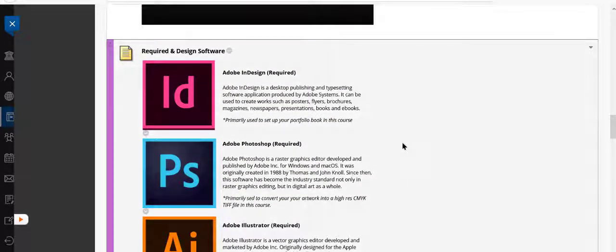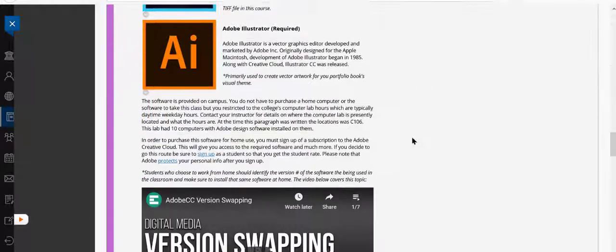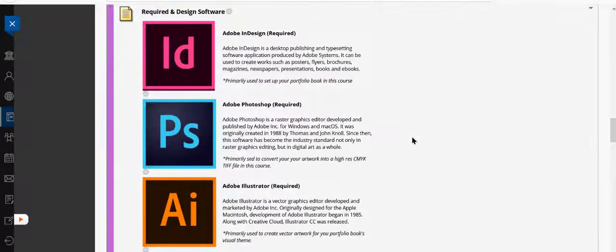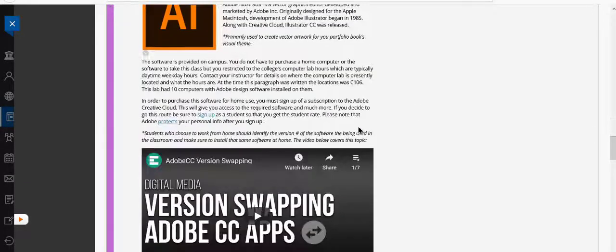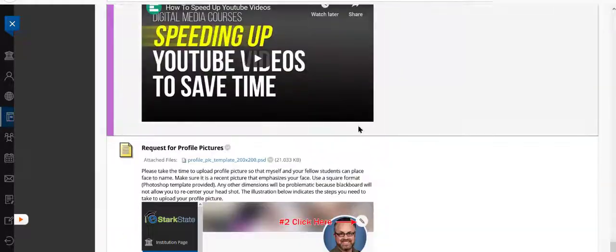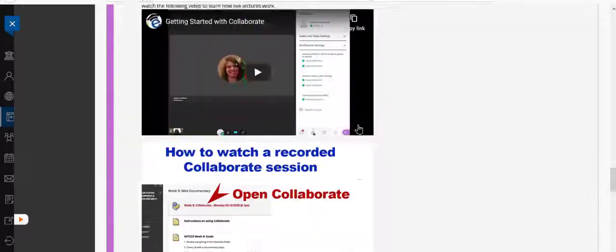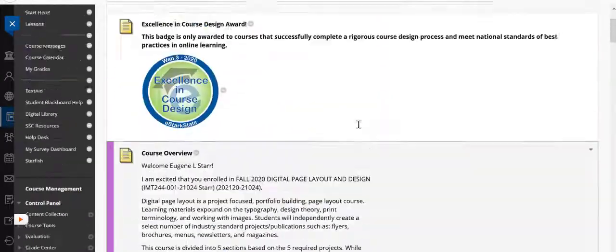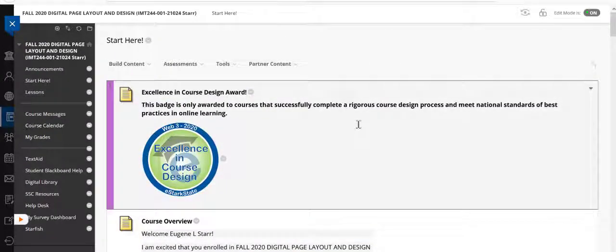Here's the required software, if there's software in the class that you're in. Of course, that's going to be listed on the syllabus, and so on and so on. A whole bunch of stuff. If I go through all this, then the video will be too long. That's what it's here for. So, after you're done with all the Start Here stuff, which we'll talk about in class as well,